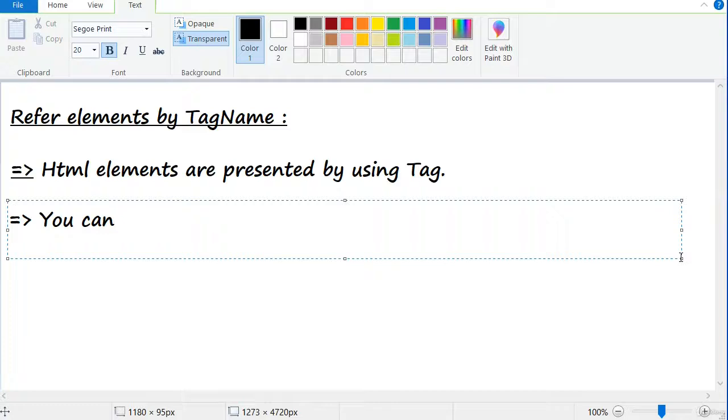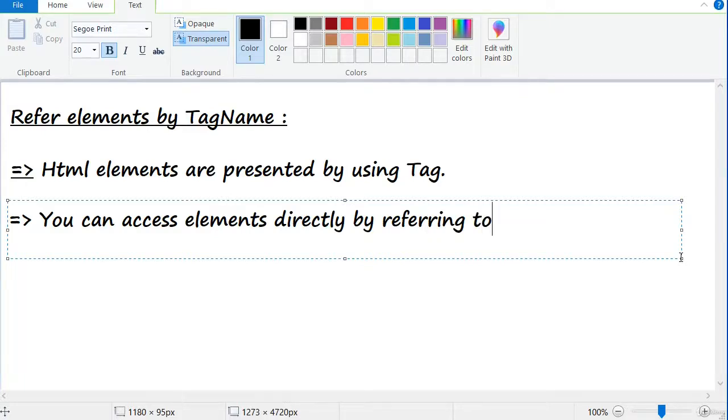You can access elements directly by referring to tag name. We will see an example of how to do this.